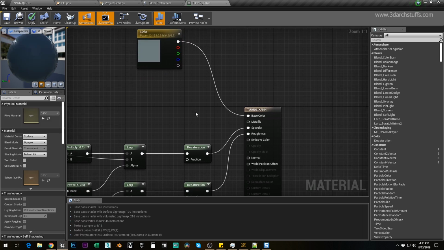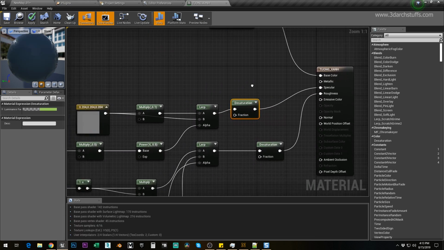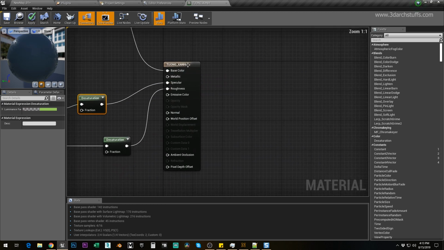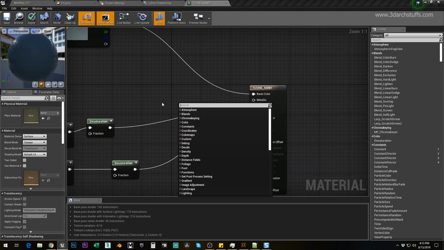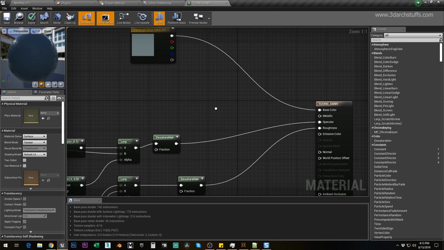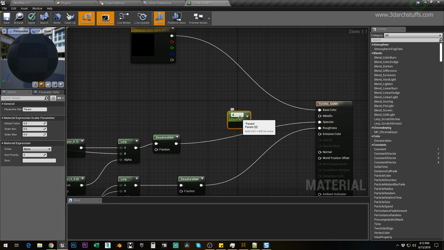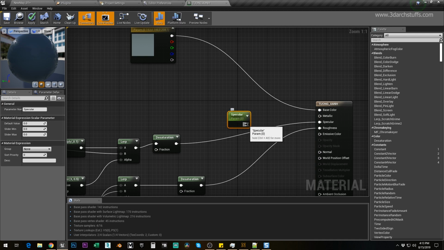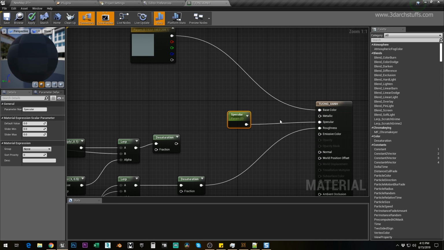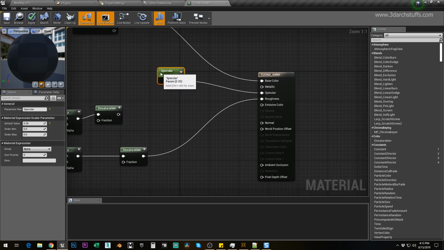And then I will add a scalar parameter here, and then I will name it specular, and then I will put it on this, and make its default value 0.35, and then I will duplicate it,